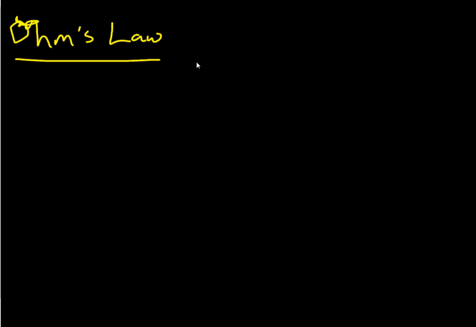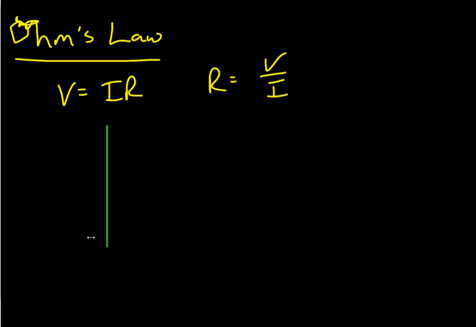Okay, so Ohm's law is written V equals IR, or if you want, R equals V over I. And the way to think about that is to just imagine that you have a graph that looks like this. On this axis you have voltage, on this axis you have current, and if this is sort of trying to represent a circuit, right? Like here,